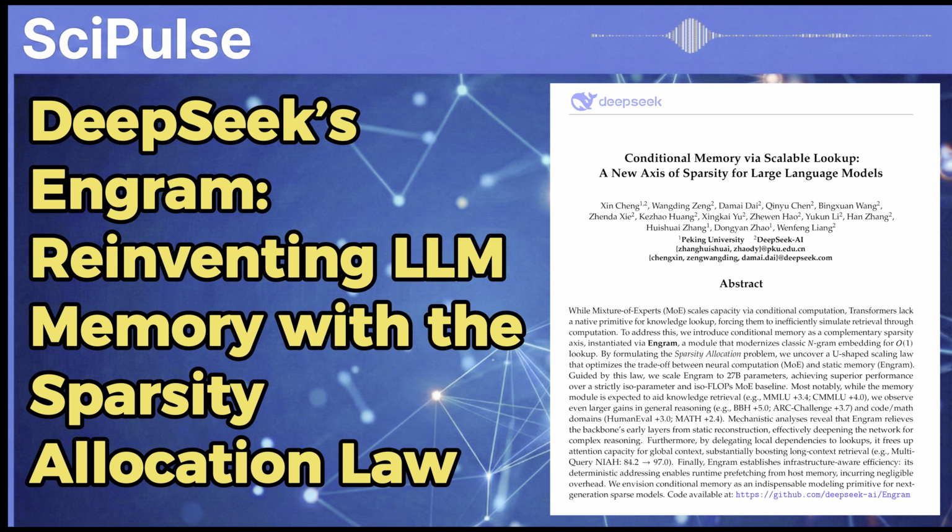And they didn't just theorize about this, they went big. They scaled an Engram model up to 27 billion parameters. So this is not just some academic thought experiment. Whoa, this is a real blueprint for how to build next-gen models. And the results prove the theory right.